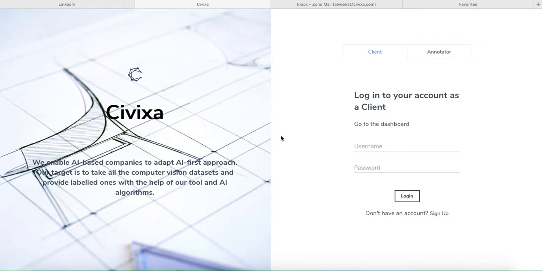Civixa works. Let me give you a quick review of what Civixa is. We basically enable AI-based researchers, organizations, and companies to adopt an AI-first approach. Our target is to take all the computer vision datasets and provide labeled ones with the help of our tool and AI algorithms. In addition to that, we also provide completely trained AI models for any specific business problem that our clients have. So, coming back to the demo, as you can see, I have two tabs here, a client